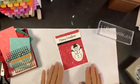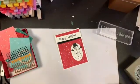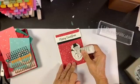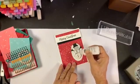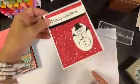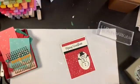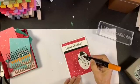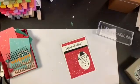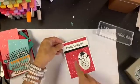And then if I wanted to, I could come back in here and add a little bit of glitter. One of the things that I've been working with, we have this new kind of snowy puff paint, and we're just going to come in here on the side of him and add a little bit of that, and we're going to let that dry. You can't really quite see it too well there. And then I just want his nose to pop, so I'm going to come in here with my Stampin' Blends, and I'm just going to add a little bit of orange to his nose. So there you go. You've got a nice, quick, and easy card